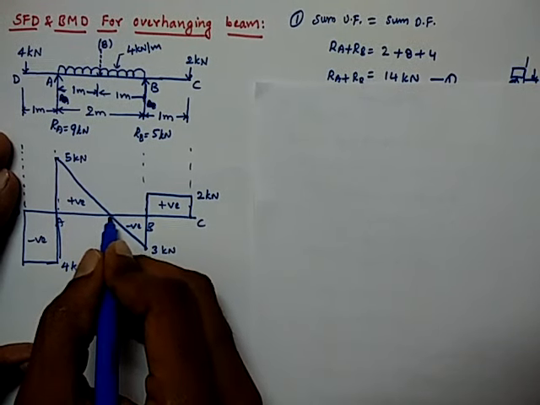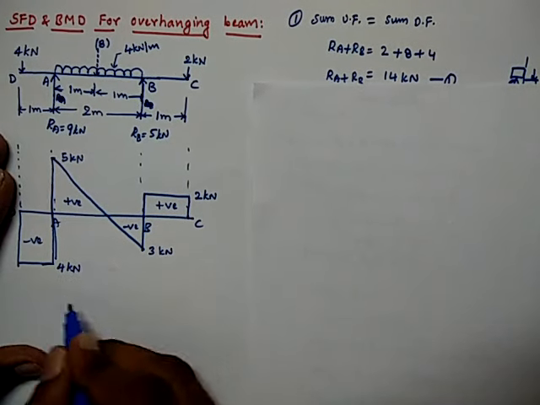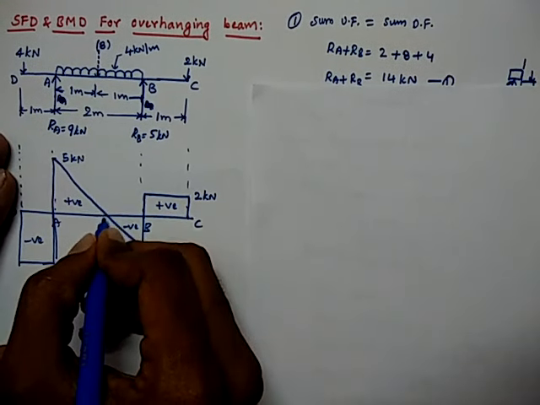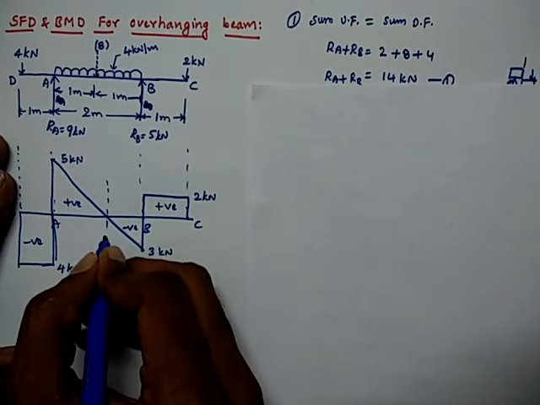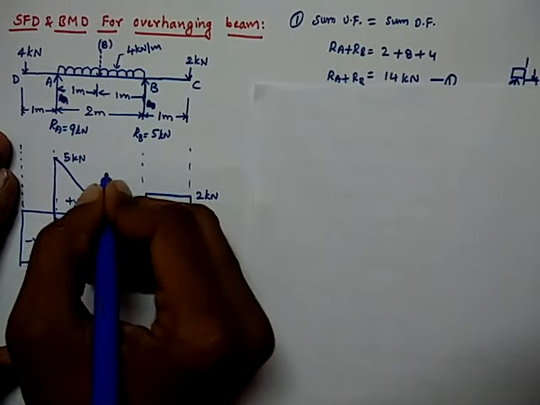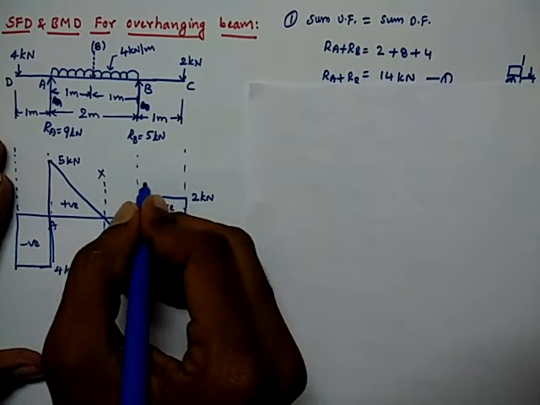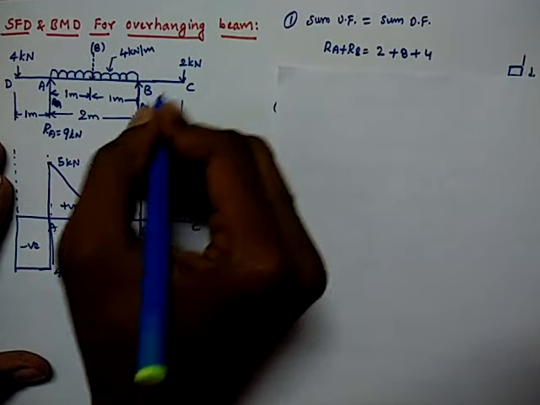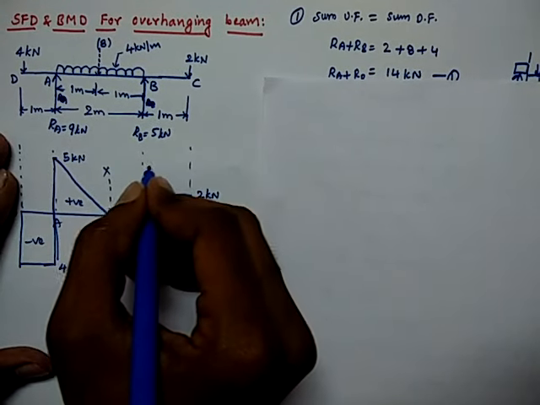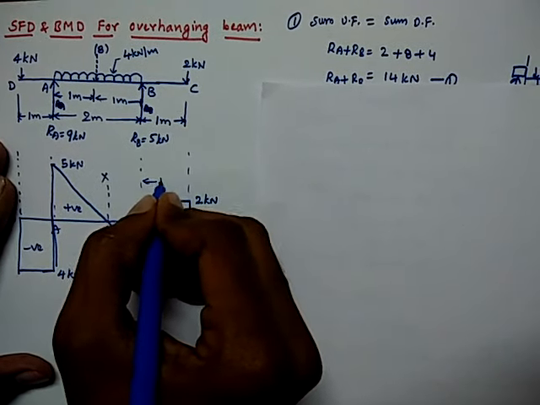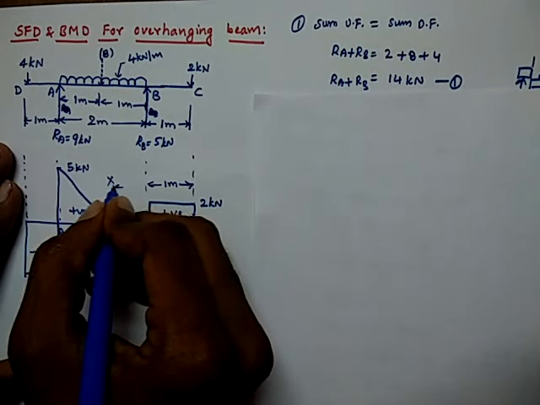Why? Because at this location on the bending moment diagram, we will get the peak point in the parabolic curve. So we have to find out this location. Let us take this as a section XX, and let us take the distance from here. This distance we already know is 1 meter from the diagram, and let us take this distance as x here,